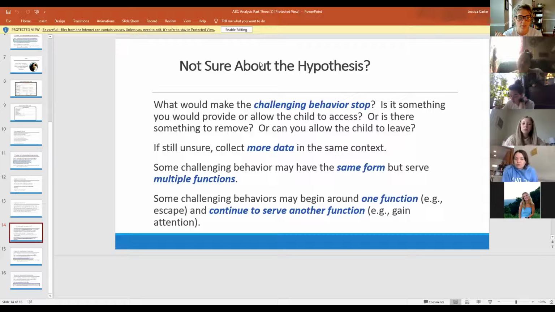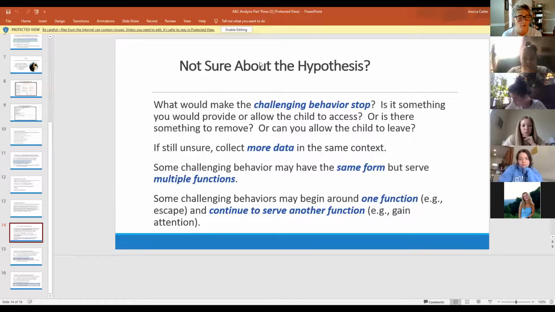It is important to say that some challenging behaviors may have the same form. So you might see the same type of behavior occurring in different contexts to serve multiple functions, right? Sometimes the challenging behavior might begin with one function and then continue to serve another function. So an example is